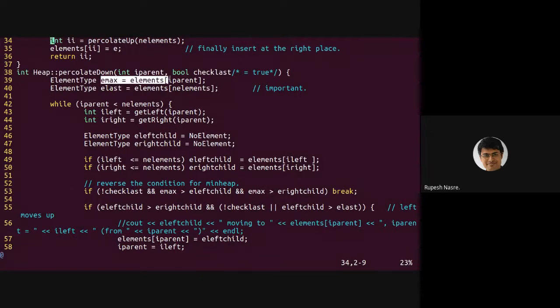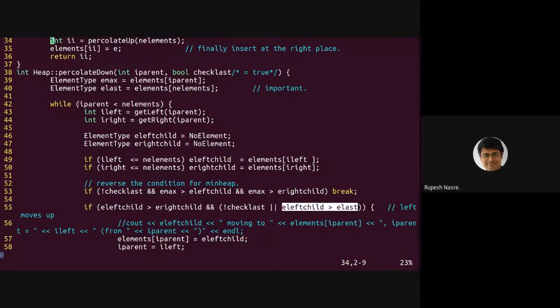So that is what is happening. So I get the element at the root, and I also get the last element, and that is going to give me the highest priority element as well as the last element, right? So that we have to do. And then percolate down is going to look at two consecutive elements in the parent-child relationship. But we have to be careful about not going too much further down, because that needs to be guarded by this elast. Right? You don't want to go beyond elast, right? So that check is going to happen somewhere here about the elast.